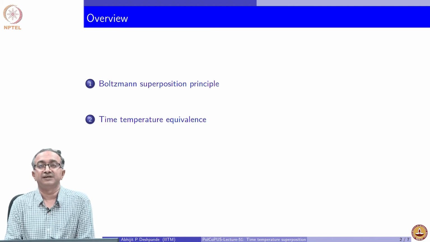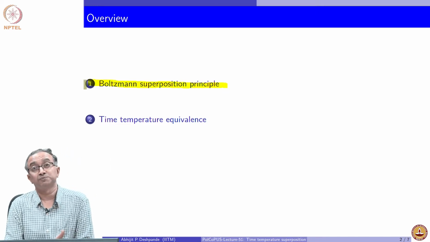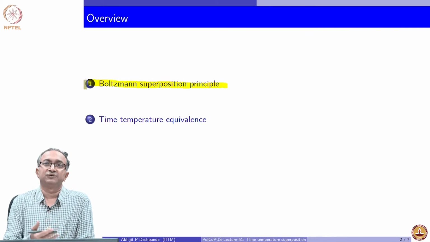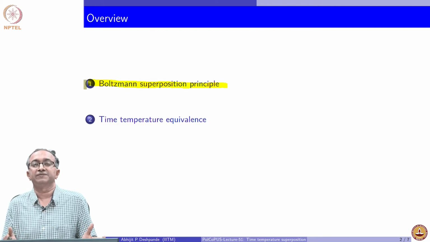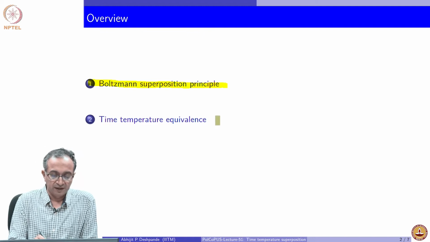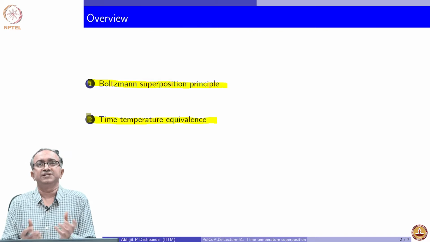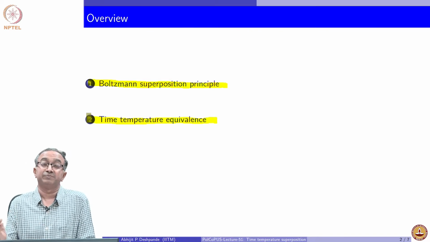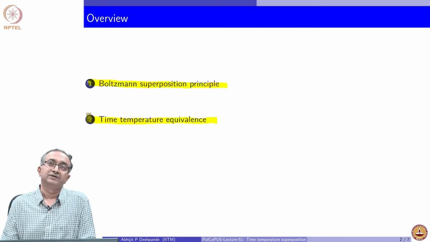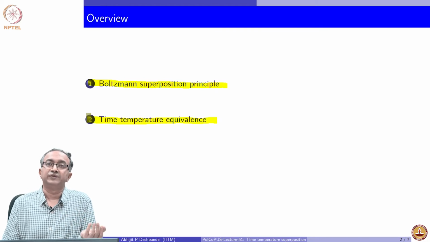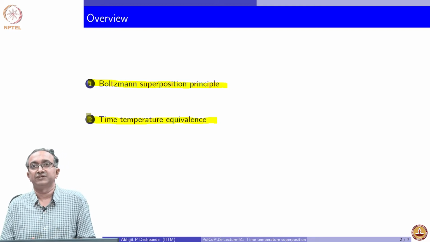And so, that is the power of time temperature superposition, and it is possible for linear viscoelastic materials to do this, because for linear viscoelastic material this superposition is possible, which generally is referred to as the Boltzmann superposition principle, but it is a direct consequence of linearity of the governing system. And the time temperature superposition is based on the idea of the equivalence, and this we have discussed several times already in the course, that higher temperature implies that we give material more time, or conversely it is also a very low frequency. And so, there is an equivalence between temperature on one hand and time and frequency on the other.